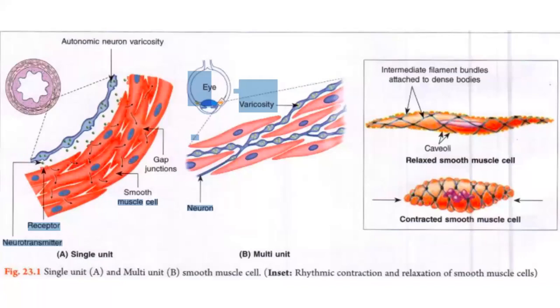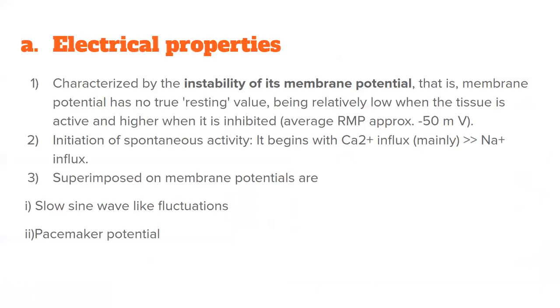We'll be talking about the electrical properties, and we'll be going to the diagram again later. Electrical properties are characterized by the instability of the membrane. There is no specific membrane potential, like the nerve at -70 or the skeletal muscle at -90. There's nothing like that here. So it is very variable, the resting value being